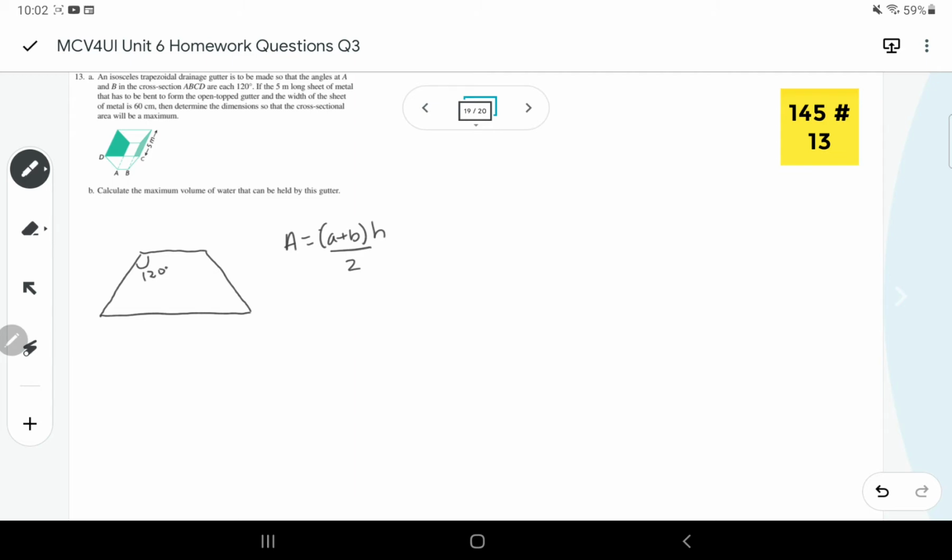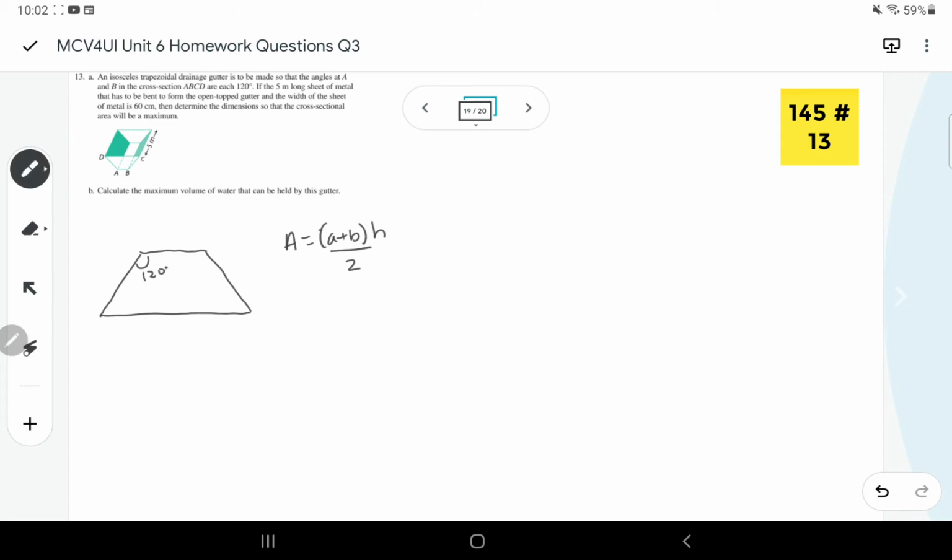That's the area of a trapezoid. So A and B are the top and bottom. H is the perpendicular height. So we need to figure out what would maximize this area. So here we know that the 3 sides added up